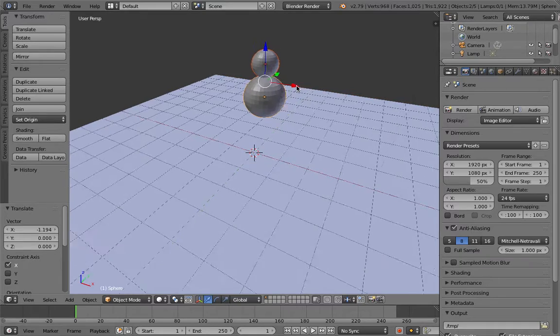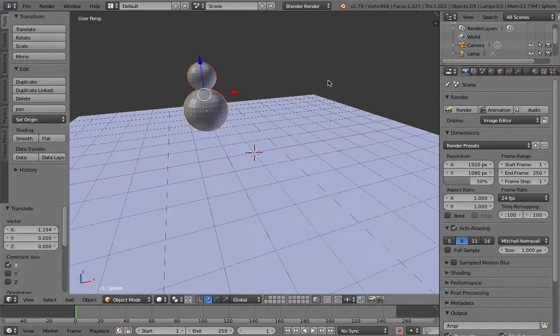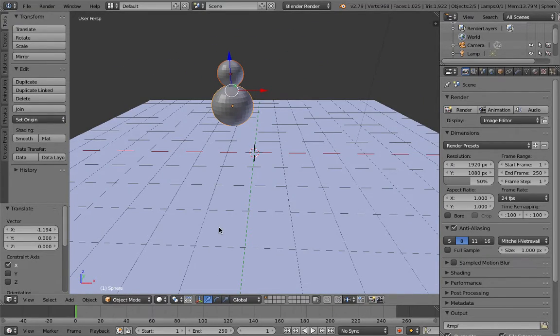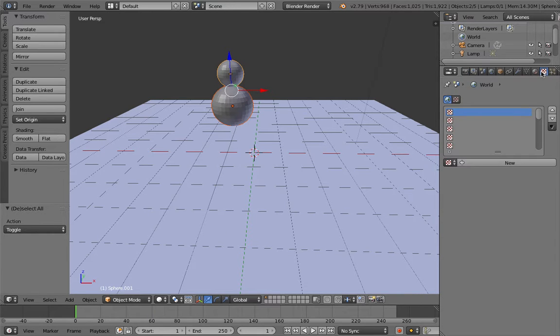So move it like this and make sure it's, and now press A and select it, and also press Shift again and make sure it's,